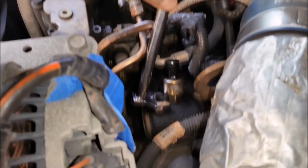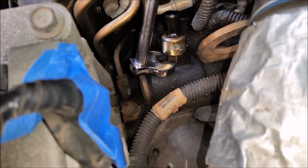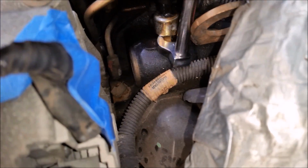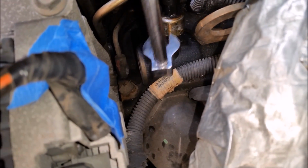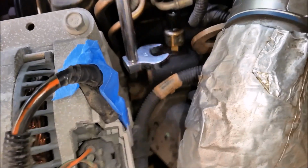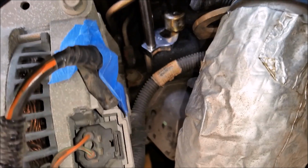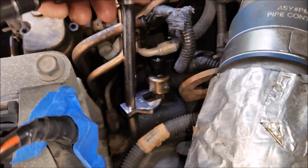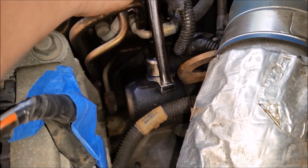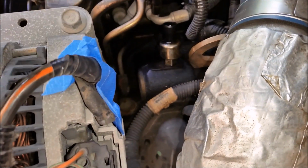Here we go. Get that down in there, and you can twist it. It's a real pain in the butt to get to, but you can do it. This line right here gets in the way a lot too, so there's not a lot of room to work with. And I already loosened this up for you guys. Once you get it loose,